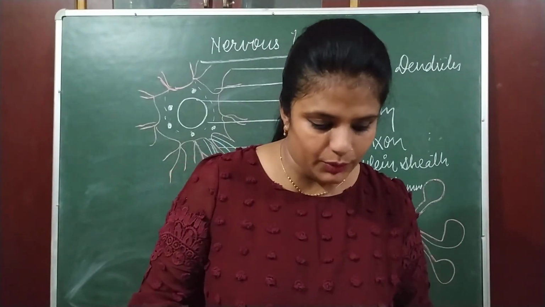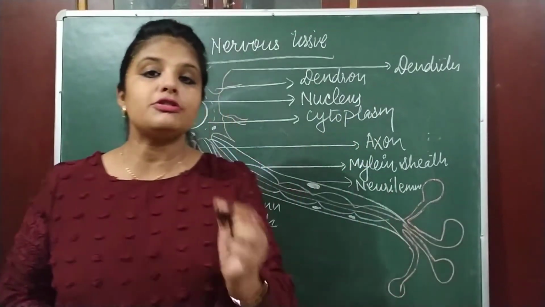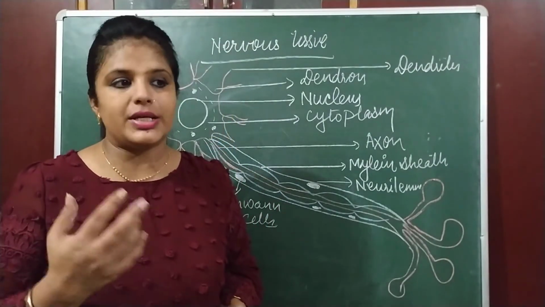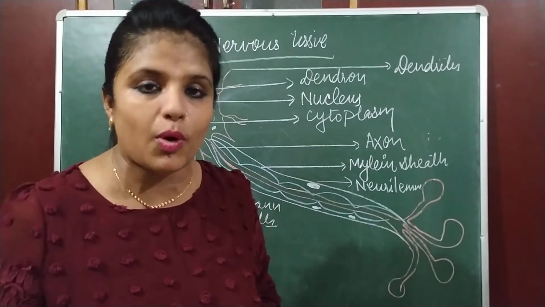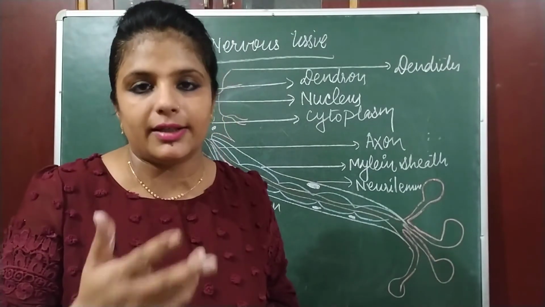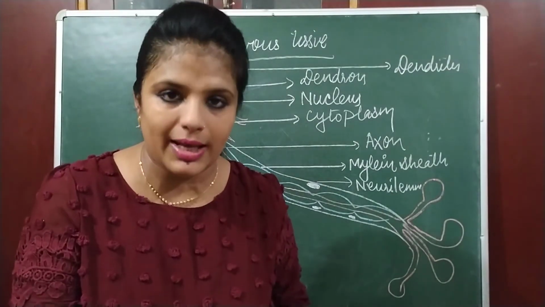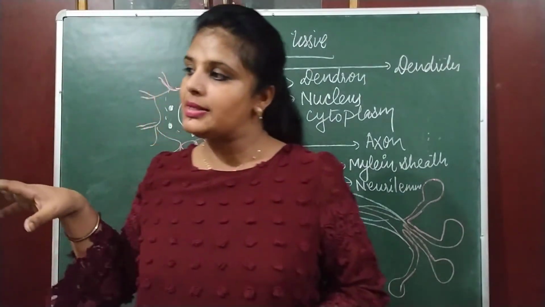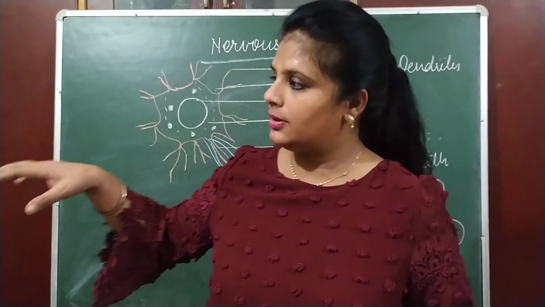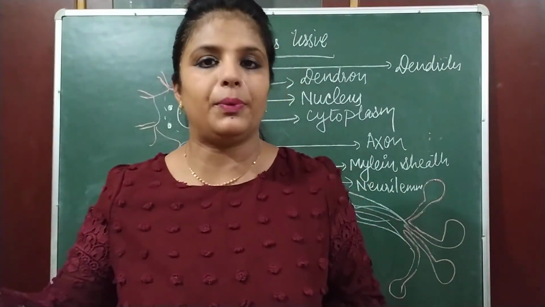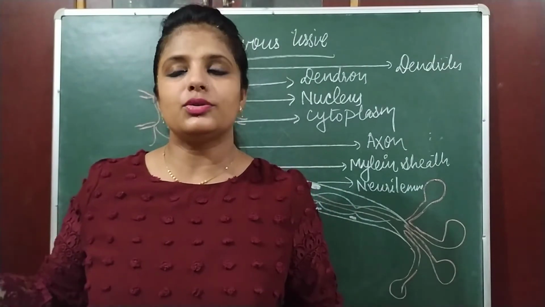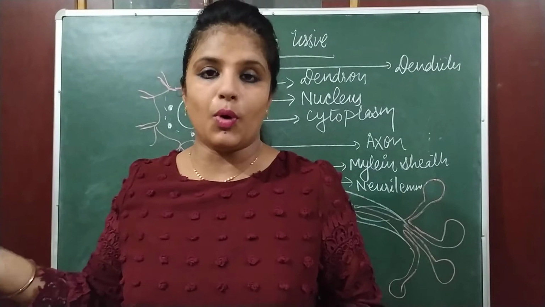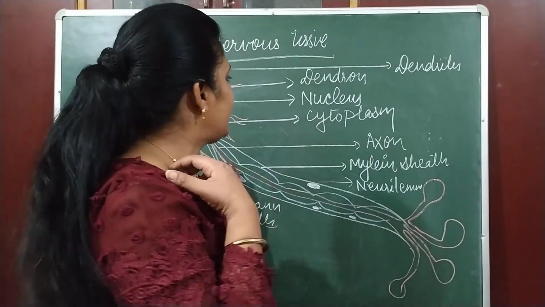They are the fundamental unit of the nervous system. They receive stimuli. What is a stimulus? A stimulus is a change in the environment to which we respond. For example, when the teacher enters your class, the teacher is a stimulus, and you respond, good morning ma'am. That is your response. When you are passing by a temple, the temple is a stimulus and you bow, that is your response. So they respond to any stimulus.